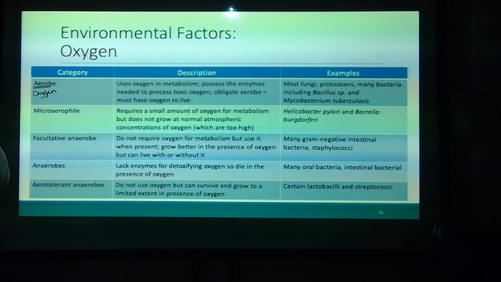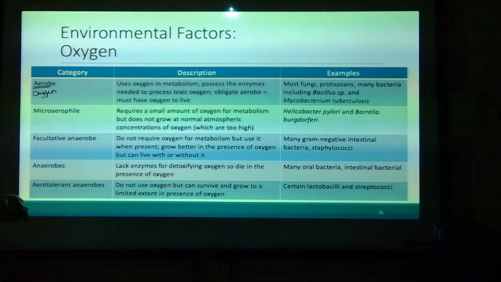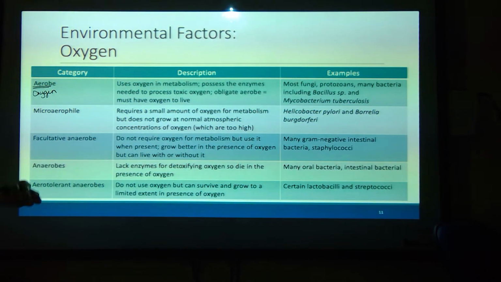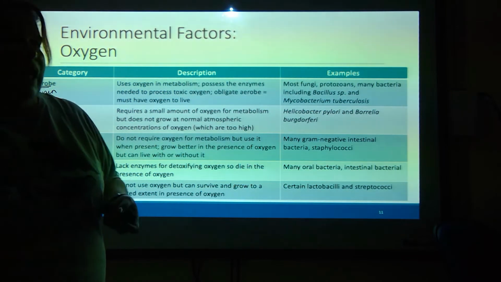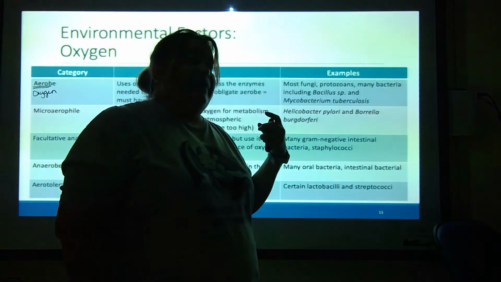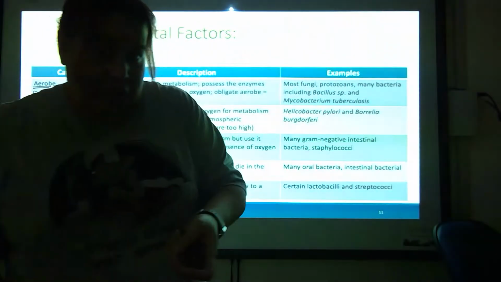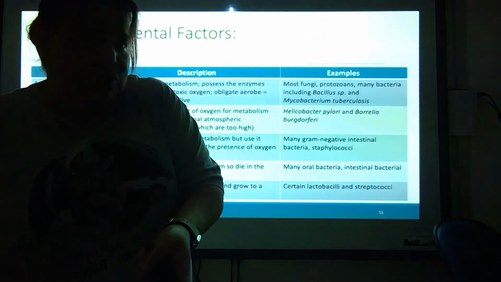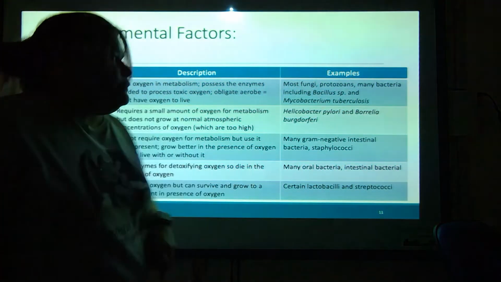So, examples of aerobes include most of the fungi. Notice I didn't say all. Most protozoans, many of the bacteria, including Bacillus species and Mycobacterium tuberculosis. Where does tuberculosis affect you? Your lungs. What's in your lungs? Oxygen. So they like your lungs because the oxygen that they need, that they have to survive on, is there. All right,